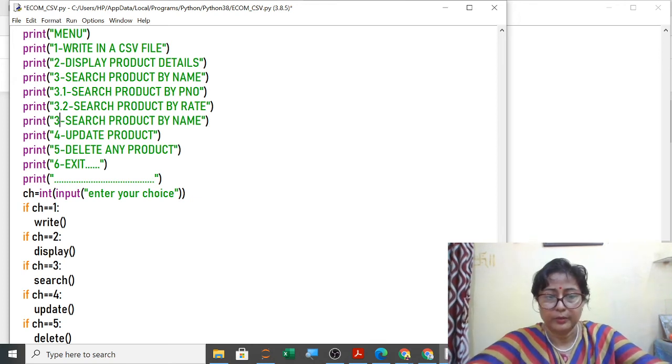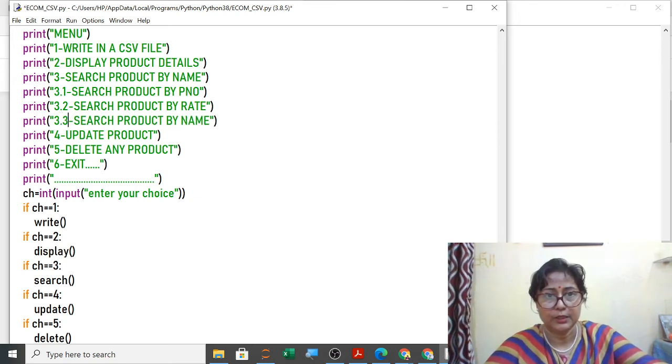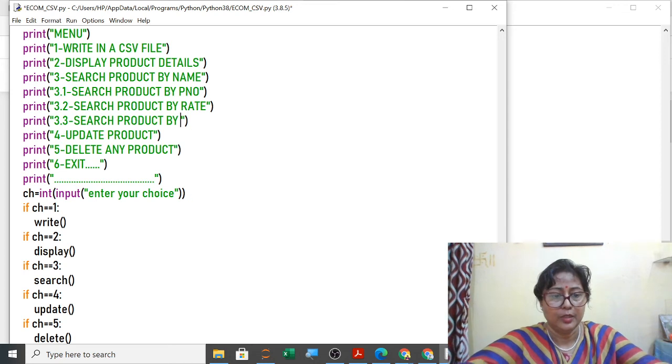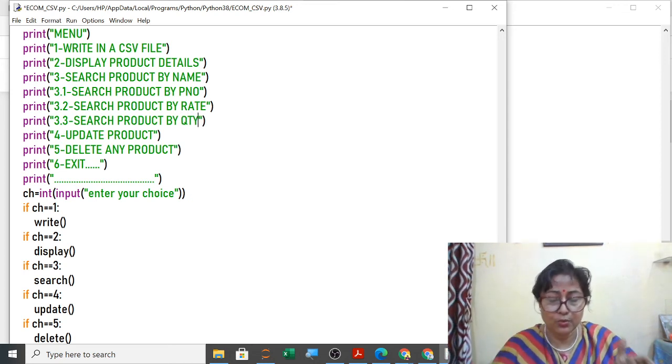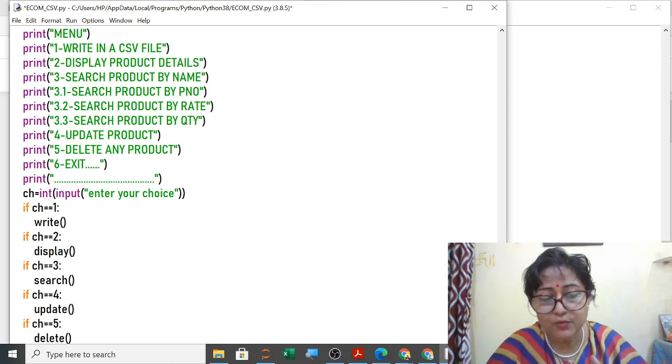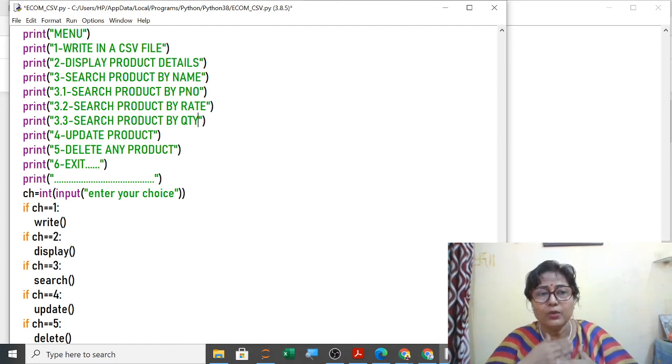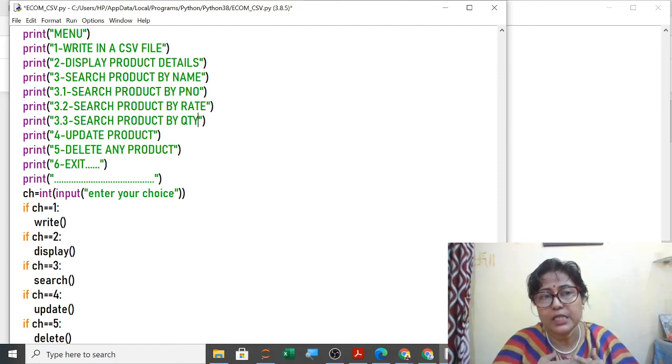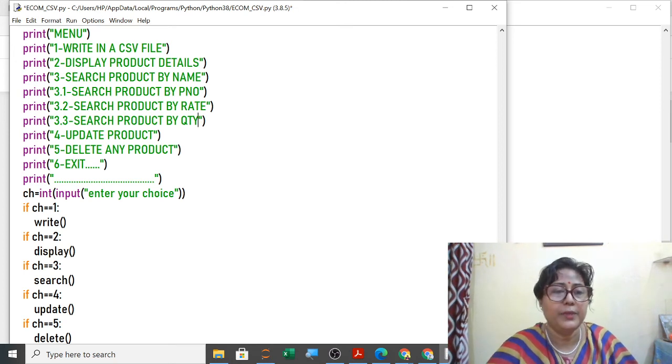3.3. Suppose you want to check whose quantity is less than 5 so you can place an order. So here you can search those products whose quantity is less than 5 and place the order. Same way, update product.